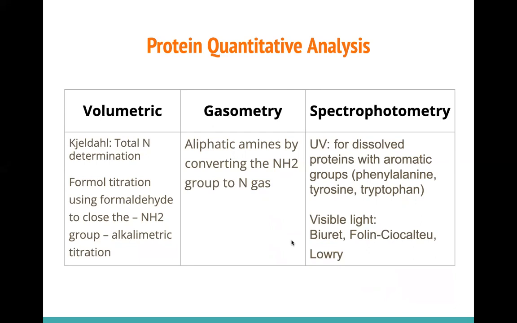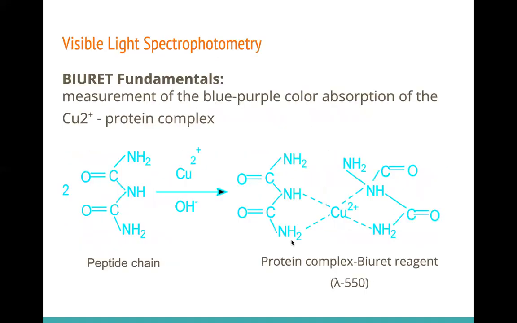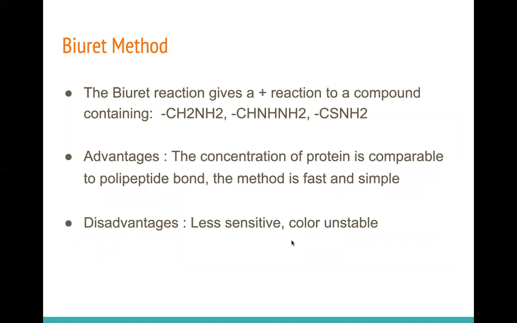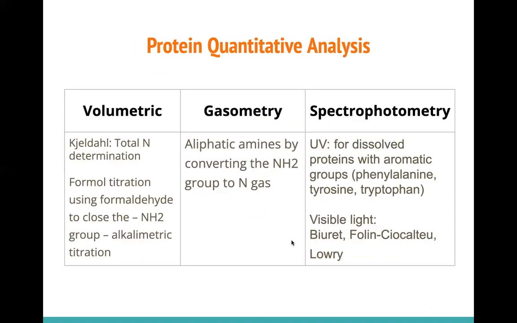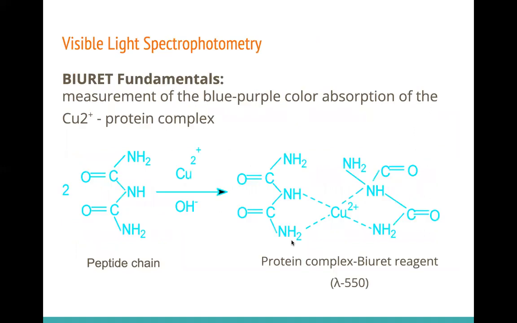The UV is used to quantify proteins with aromatic groups such as phenylalanine, tyrosine, and tryptophan, while the visible light methods include Biuret, Folin, and Lowry. In our experiment here, we are going to use the visible light spectrophotometry. We are using the Biuret